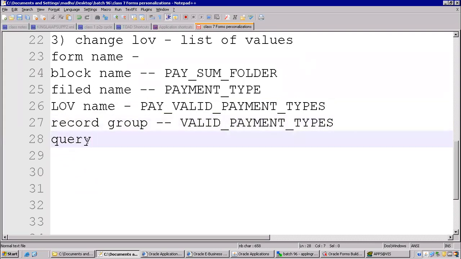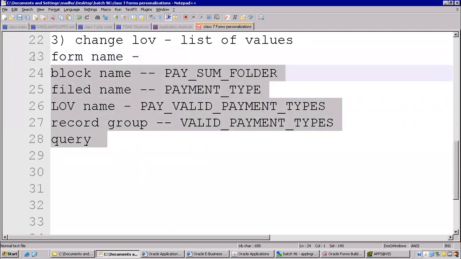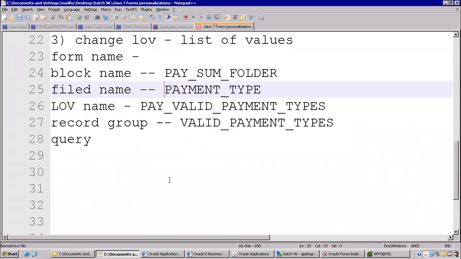It is just step by step here. The query we can keep in the record group. The record group will attach to the LOV. The LOV is attached to the field. The field is attached to the block. The block is attached to the form. This is a reverse hierarchy. Okay. Now let's check